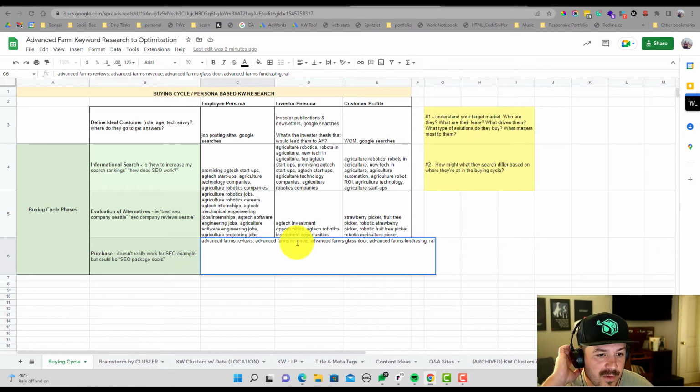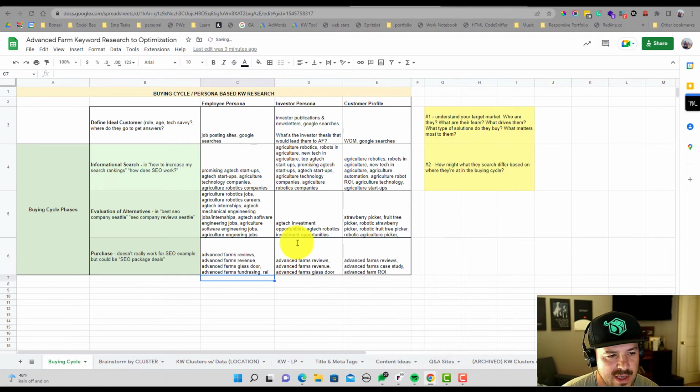Am I going to work for a startup that has money today but might be out of business in a month or two, or are they a well-funded startup that has a real shot of succeeding? So those are some of the things we'll look at here. And then from there, we're looking at the investor persona, doing really the same thing, looking at investment opportunities,